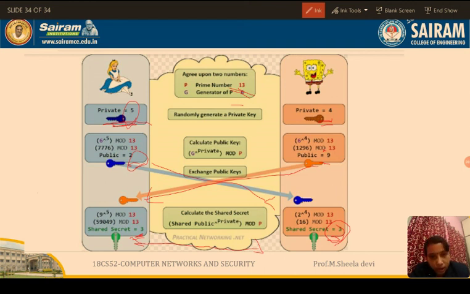If you send 3 in the transmission medium, then what will happen? There is the possibility of an unauthorized person getting the key and using the data. But Diffie-Hellman key exchange does not allow that. What it does is give other values to calculate the session key. It does not give the keys. So that is the main advantage of Diffie-Hellman key exchange.